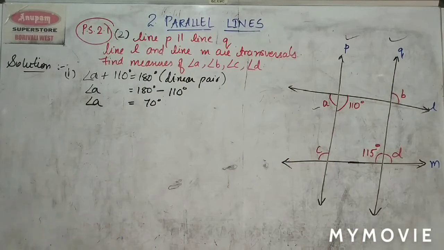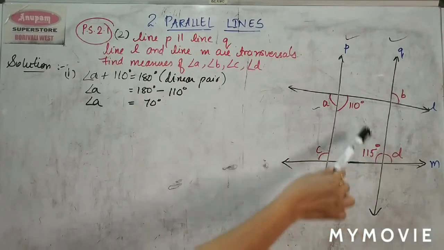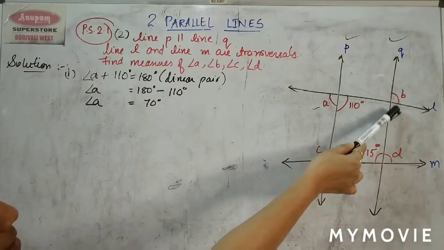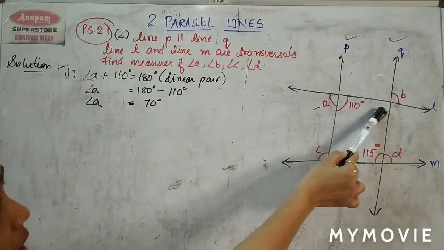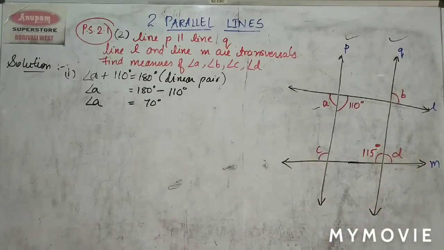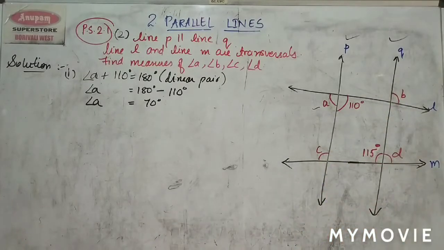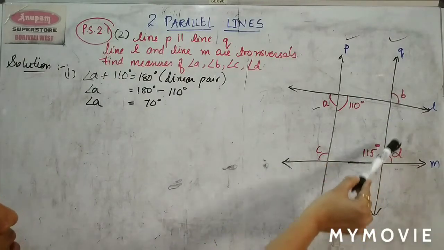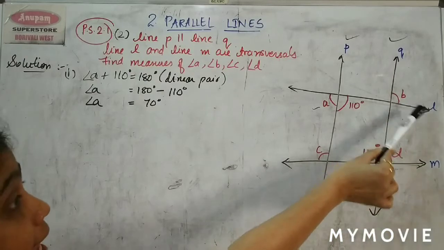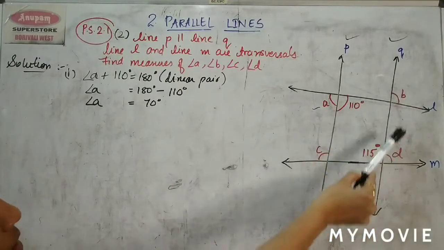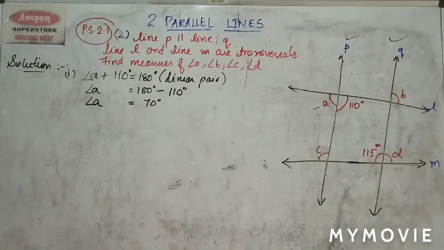Okay. Now angle B. Just look at angle B, children. There is no information given. There is no measure of any angle given beside this angle B. Also, there is no angle given opposite to angle B, so that I can show vertically opposite. Nothing like that. Now you may think that angle B and angle D are equal. No, angle B and D cannot be equal, children. They are not corresponding angles because L and M are not the parallel lines. Parallel lines are these. The angles will be formed on the parallel lines. The angles cannot be formed on the transversal. So therefore, we cannot say that angle B is congruent to angle D.